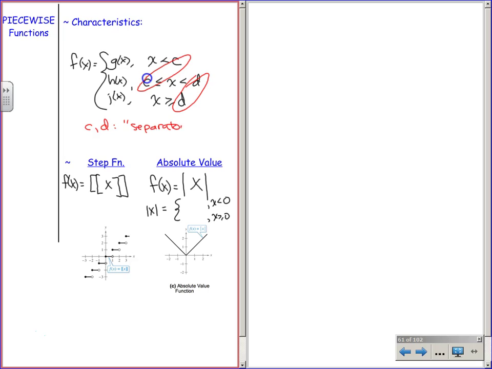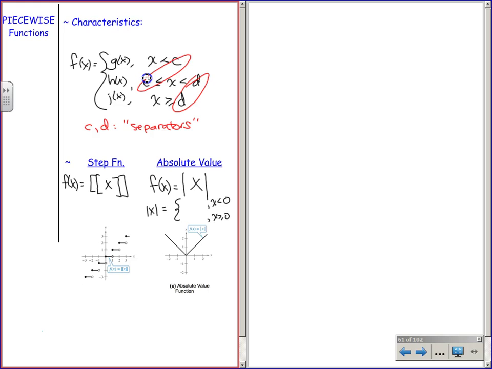Now, that's not because this is a super snazzy math term and everybody in the world uses it. I have no idea what people use. I don't even know if they do, which is why I kind of made up a name, because there are many times, especially in both classes, pre-calc and calculus, when